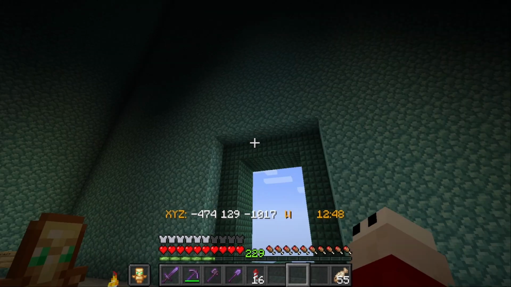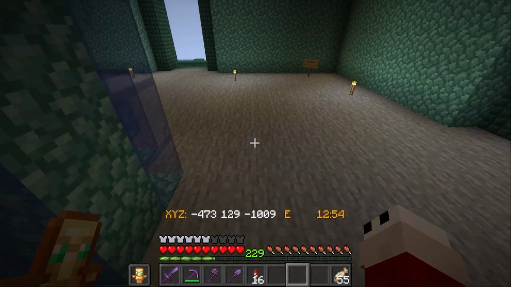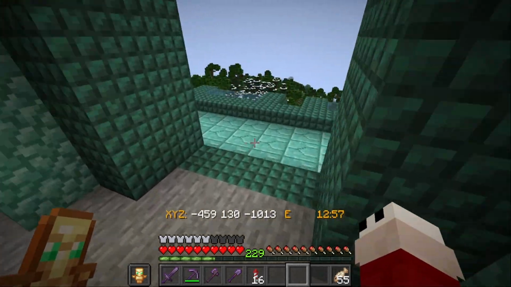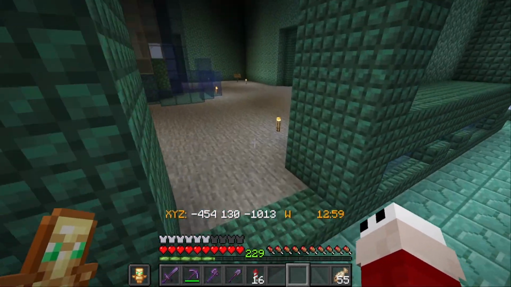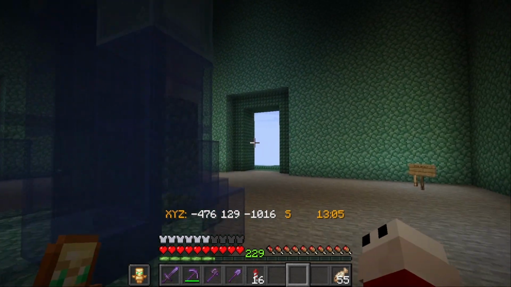And there are not really any more water related things. You have coral, but I don't think you can farm that. It doesn't look like it. Then you need to put it in a warm ocean, and this is not a warm ocean. So